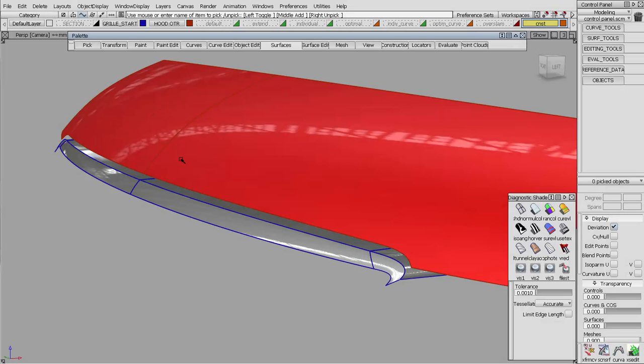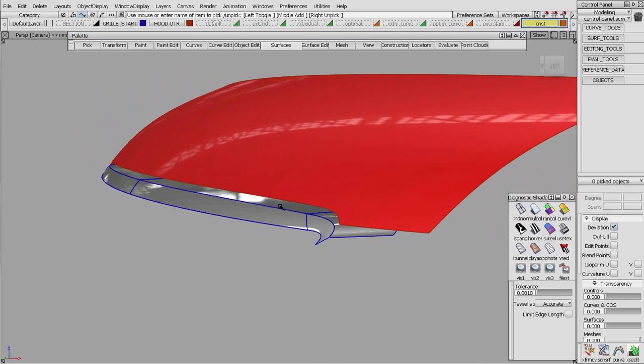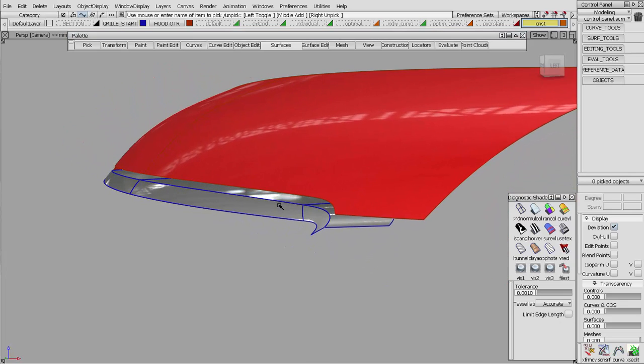All right, I'd like to talk about setting up proper gaps between panels. And in this case, a gap between a hood or a bonnet and a grill. So a typical thing that I see in design models or conceptual models is that a lot of parts end without a hem flange or a finished edge of part. And even if they finish with a nice edge of part, the gap isn't necessarily set up correctly for additional